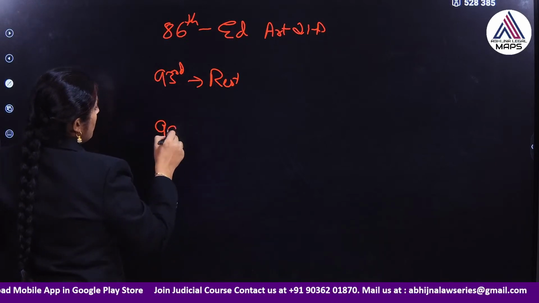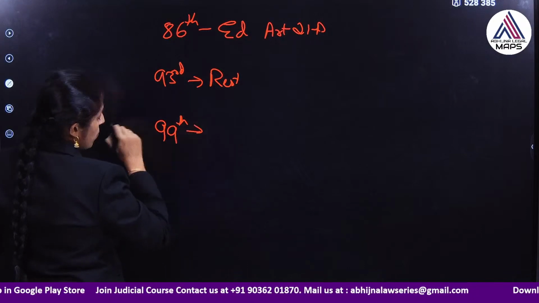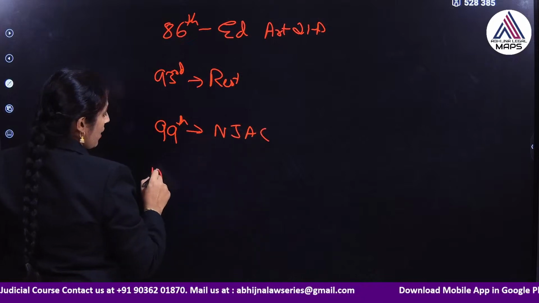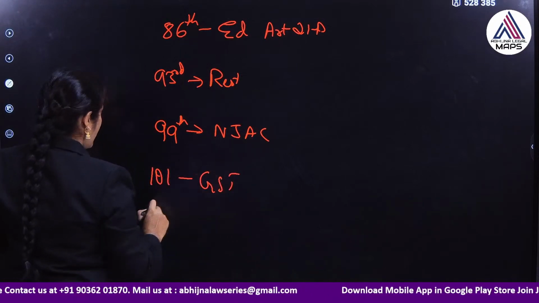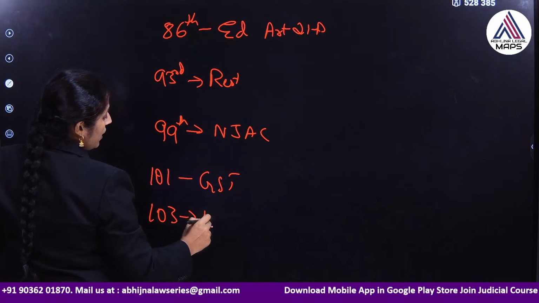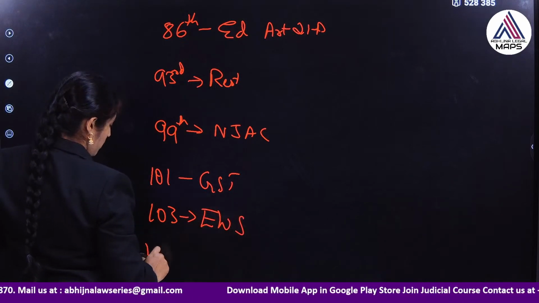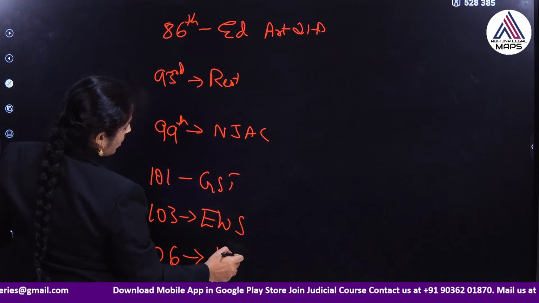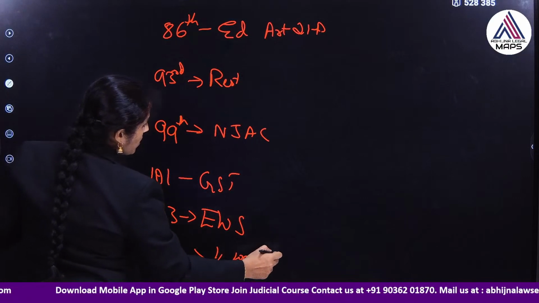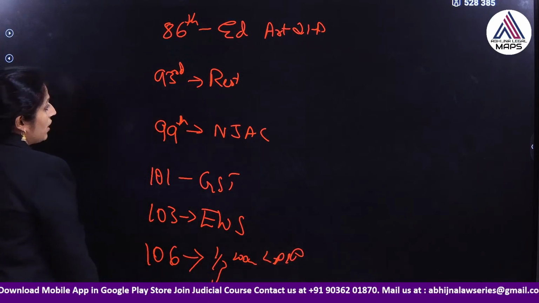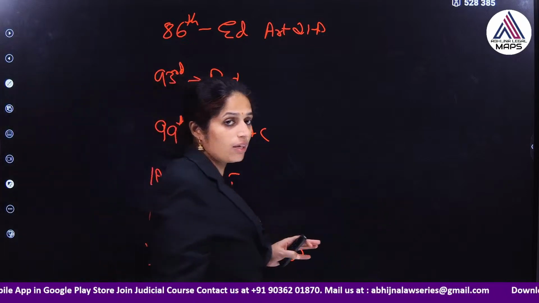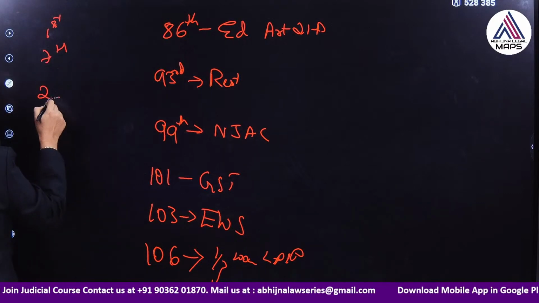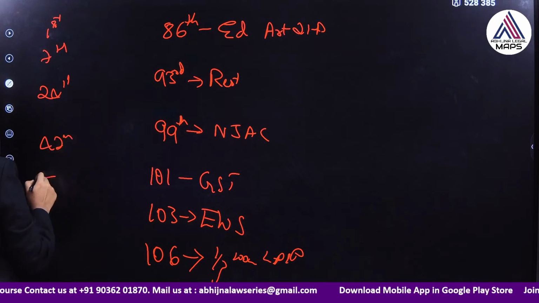Then the 99th Amendment, this was regarding NJAC, which was held to be unconstitutional. 101st Amendment, GST. 103rd Amendment regarding EWS reservation, and the recent one, the 106th Amendment regarding 1/3 reservation for women in legislative assemblies and Parliament, Nari Shakti Vandana Adhiniyam. Okay, so if you remember, the earlier ones were the 1st Amendment, 7th Amendment, 24th Amendment, 42nd Amendment, 44th Amendment,